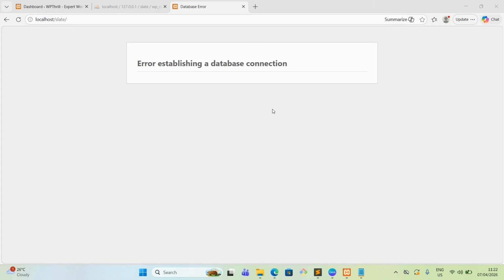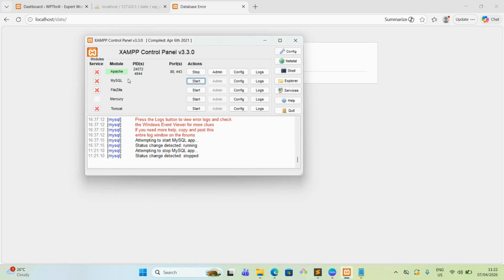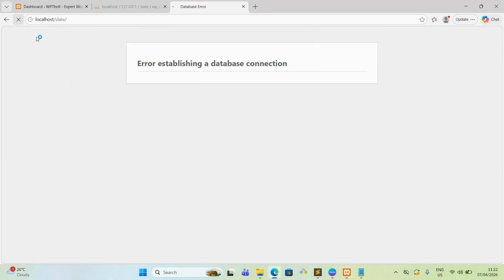Whenever you are seeing this issue, the first hint to go is always to make sure your host is working. In my case, as I am on my localhost, I have to check if my localhost MySQL is working or not. So if I try to start it, because at the moment it was not working, and I have started and refresh my page,